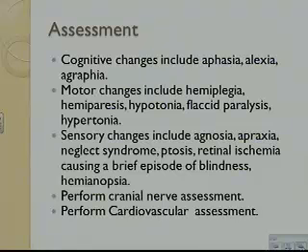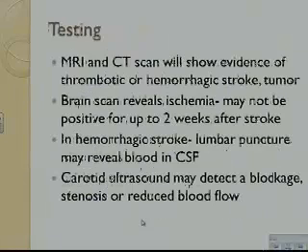We need to look at the motor, the sensory, and do a cranial nerve assessment. If you do not remember those 12 cranial nerves, those are something that you might need to know if you're working in a neurological unit, because those cranial nerves kind of dictate when there is ischemia in the brain. Some of those nerves are going to be impacted, and we need to know how to perform that assessment. Plus, if you're seeing these changes and thinking stroke, you need to do a cardiovascular assessment as well, in case there is some blockage or something that's causing that.